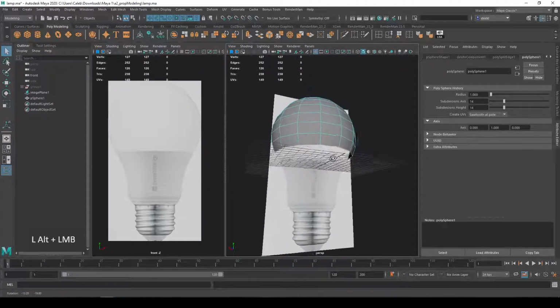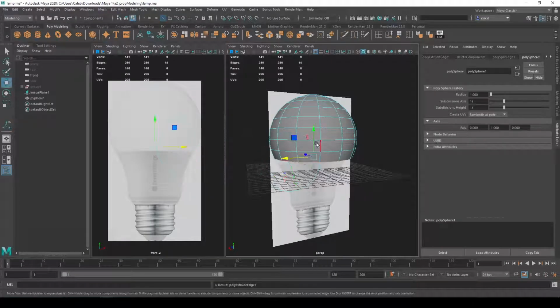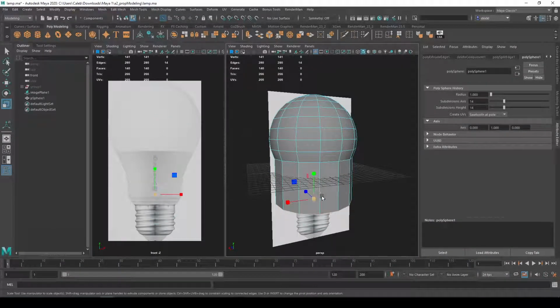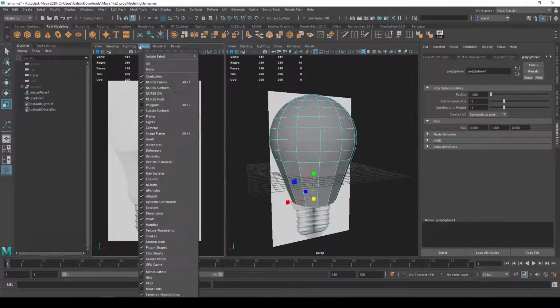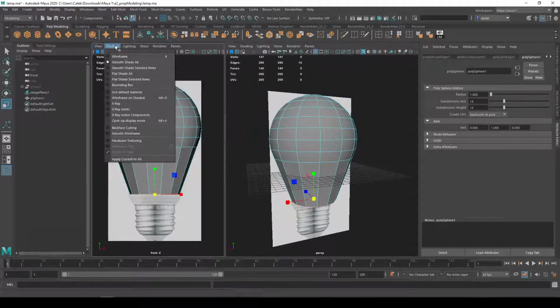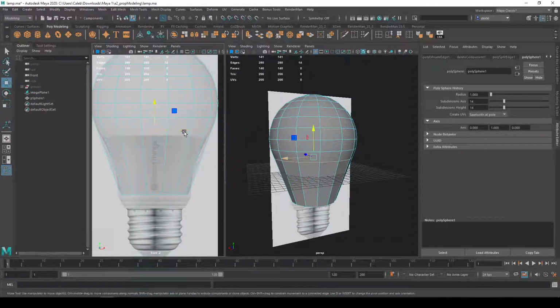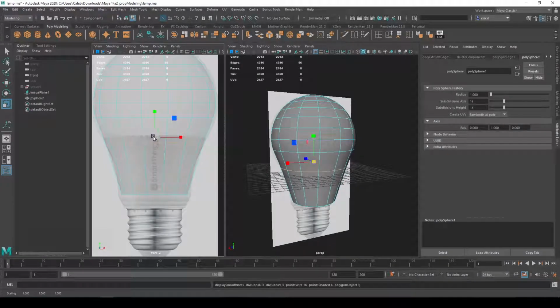Okay. Now I'm going to select this edge loop here, and I'm going to extrude it down. And we're going to scale it down. Now let's go ahead and show those polygons again so we can see that. And I'll turn on View or Shading X-Ray so we can see through the model. So let me go ahead and bring this a little bit lower and scale it down. Instead of doing that, actually,